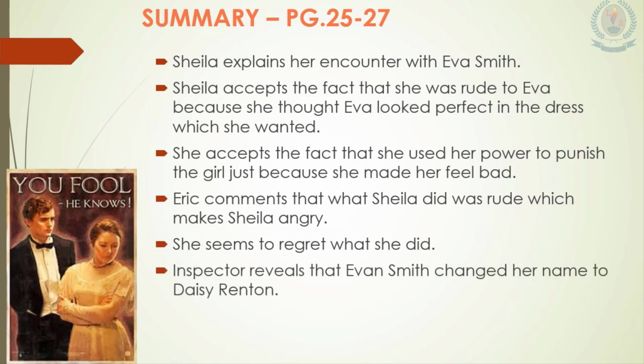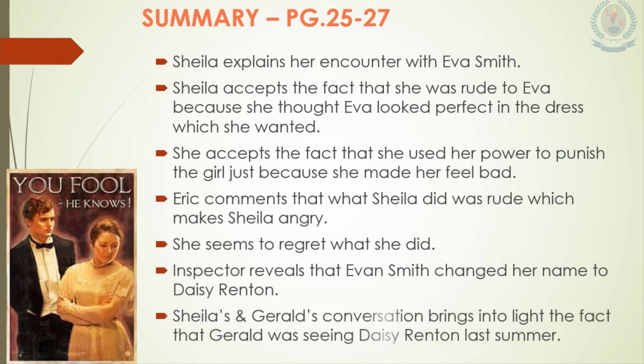Then the Inspector reveals that after this incident, Eva Smith changed her name to Daisy Renton, and he leaves the place, leaving Gerald and Sheila in the room. After he left, Gerald and Sheila's conversation revealed to us that Gerald was seeing this girl last summer. Okay, now we have read the pages. Now we have got to know the flow of the story. So let's see what the writer wants to convey through